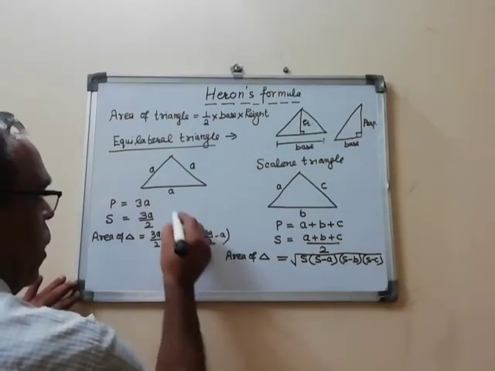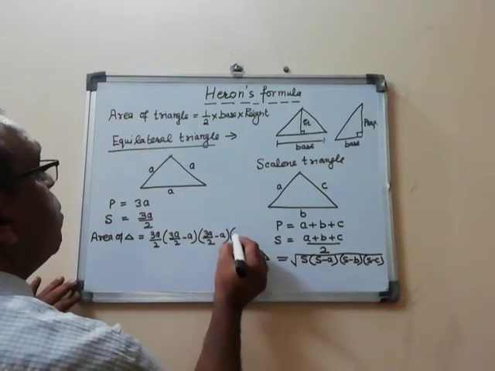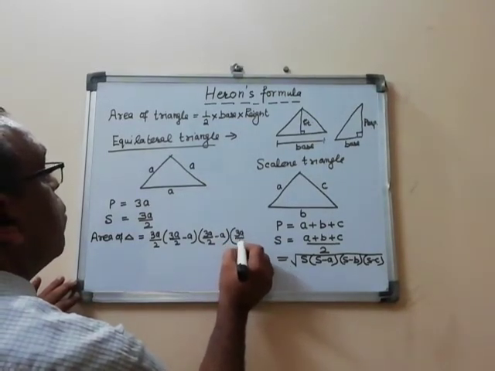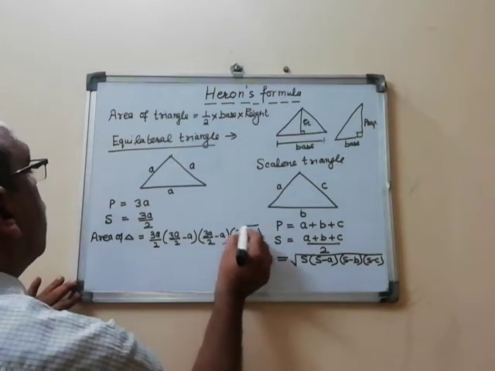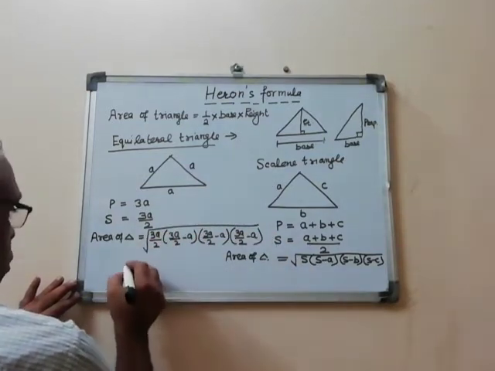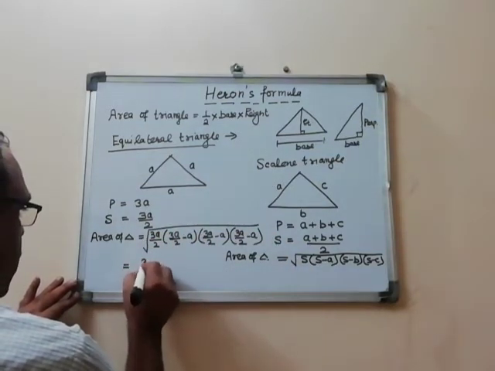Here A, all the three sides are of the same measurement. So you can see that 3a by 2,